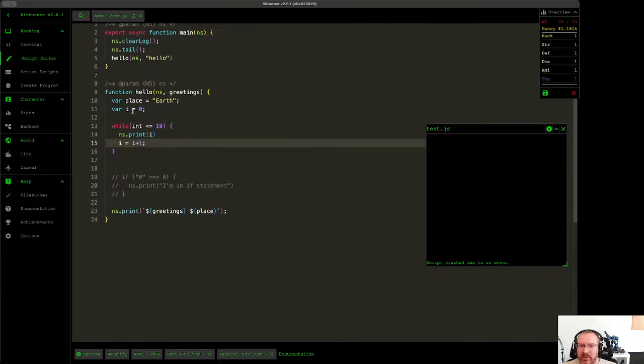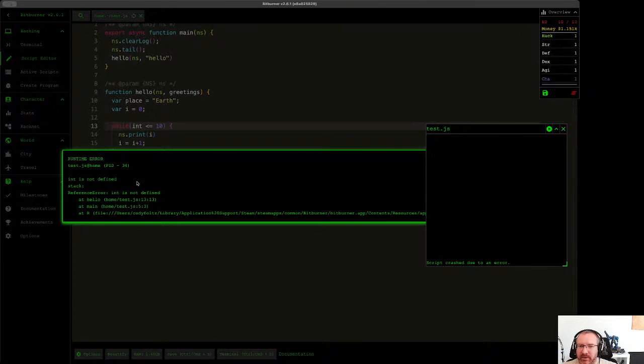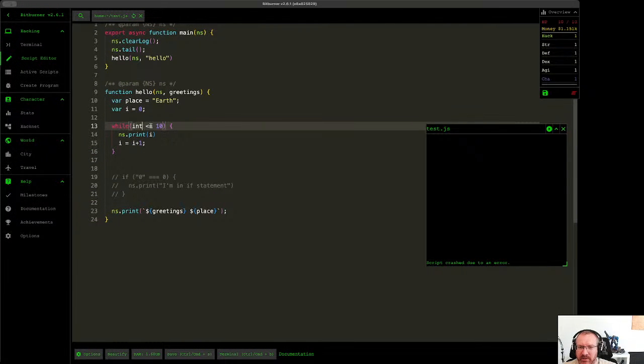It does not define, oh, because I changed it. And, oh, so go back. Hey, another error you might find. Int is not defined. I did not define it. So again, this is at the hello function, line 13, character 13. This int right there. That's how you find that. Right? So now if I run it,